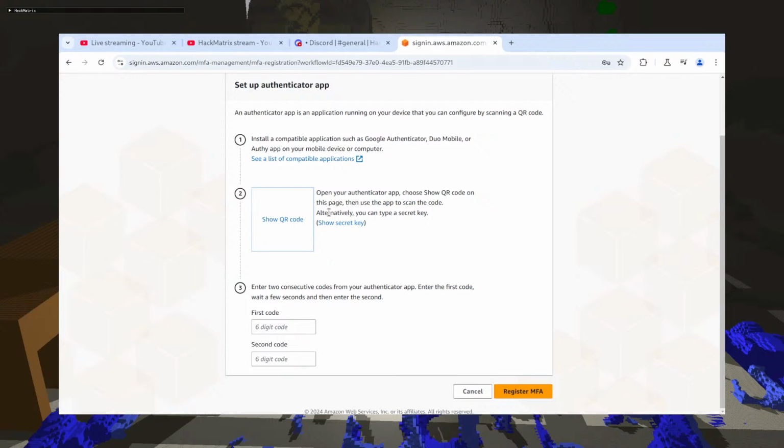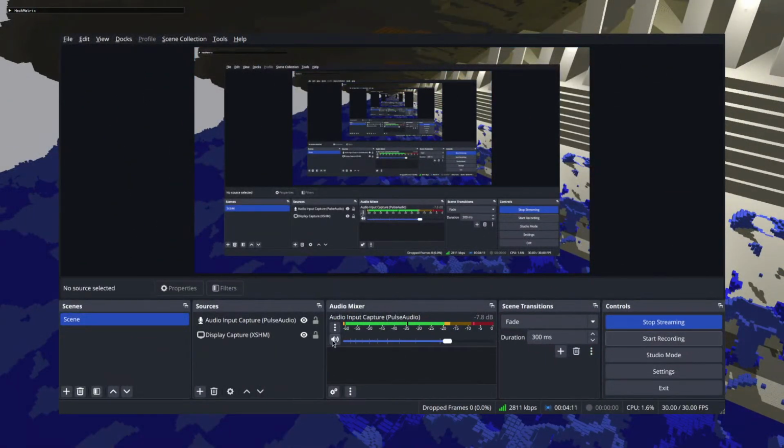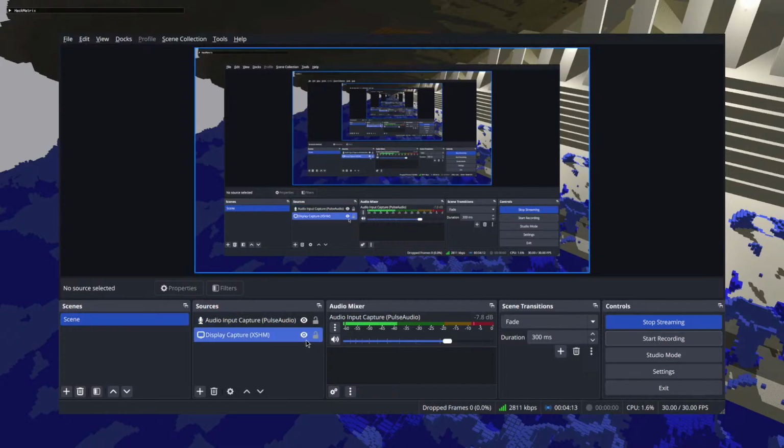Okay, so I'm going to scan a QR code, but I don't want you guys to see the QR code, so I need to make the camera invisible. Then I can show the QR code, and I can scan the QR code. Okay, and then